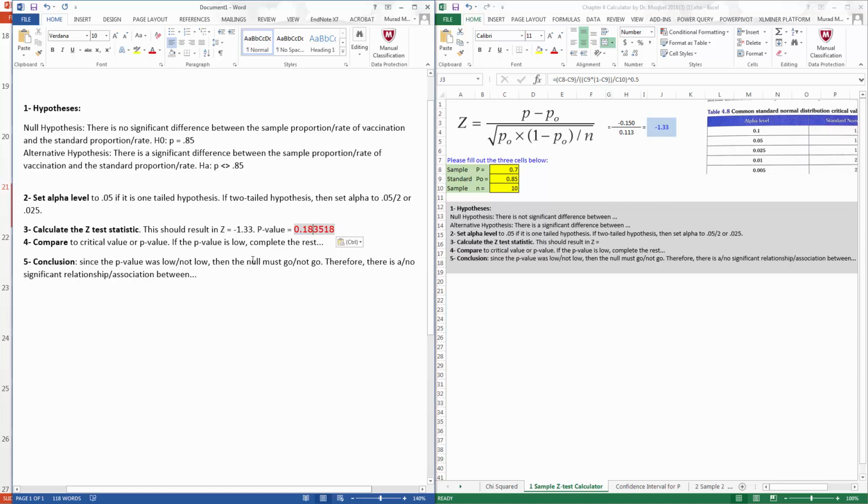We will use our motto. If the p-value is low, if the p is low, the null must go. In our case, the p is not low, so the null must not go. So the null hypothesis must not go, since the p-value is not low. So in our case, I would say here, my conclusion is